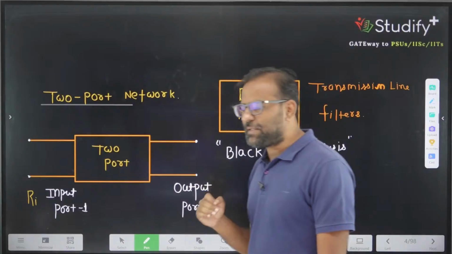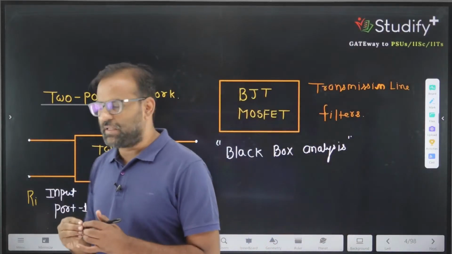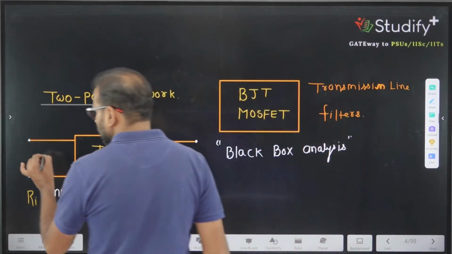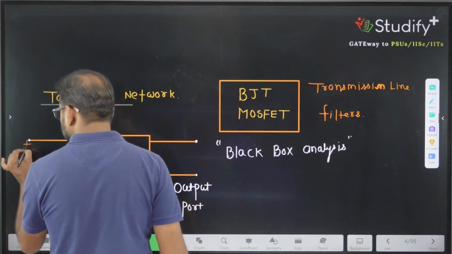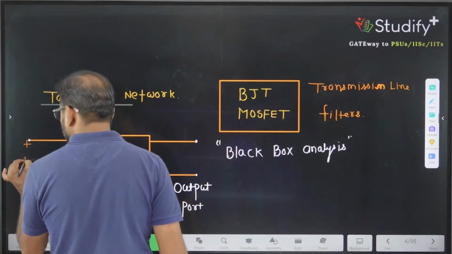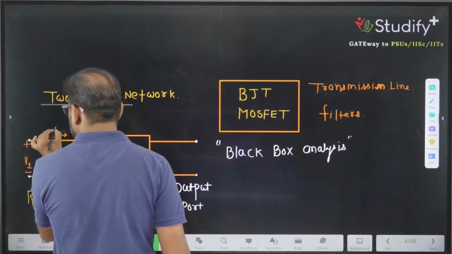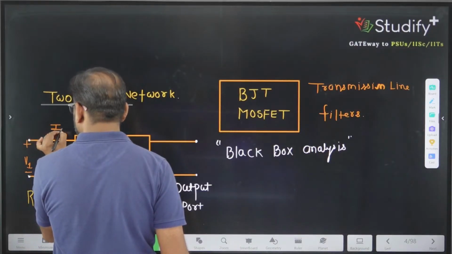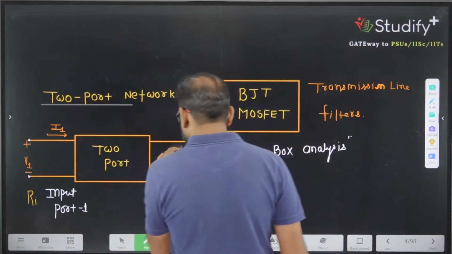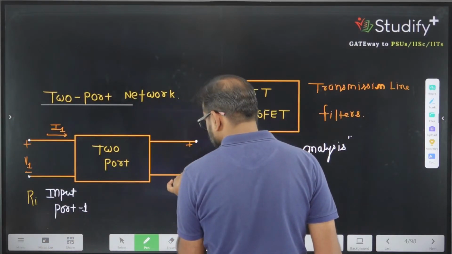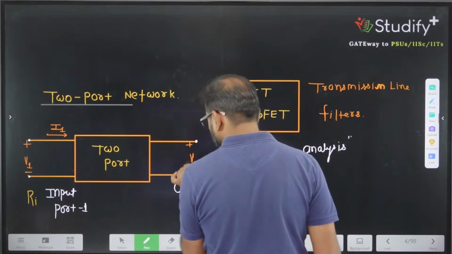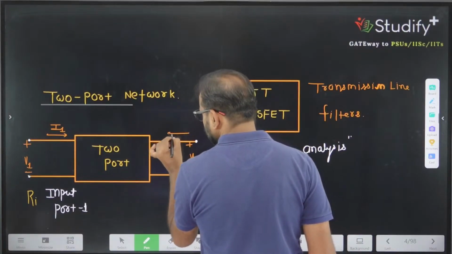And how can you characterize the two-port network? So you can say we are having four variables. एक वेरिएबल है मेरे पास वोल्टेज V1, एक वेरिएबल है मेरे पास करंट I1, एक मेरे पास है V2 और एक है मेरे पास I2।